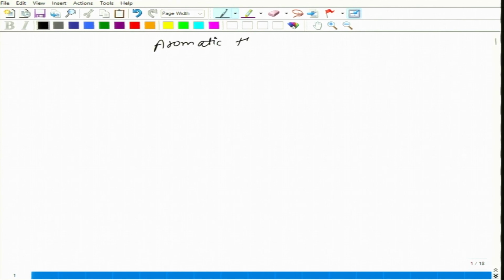Aromatic hydrocarbons. Till now we have discussed a few things about these aromatic hydrocarbons, and in these classes and the further classes we will discuss in detail their properties, synthetic methods, how their physical properties are different, and what their structures are. So, we will discuss them in detail. Okay. So, aromatic hydrocarbons, I have discussed a few aromatic compounds till now.